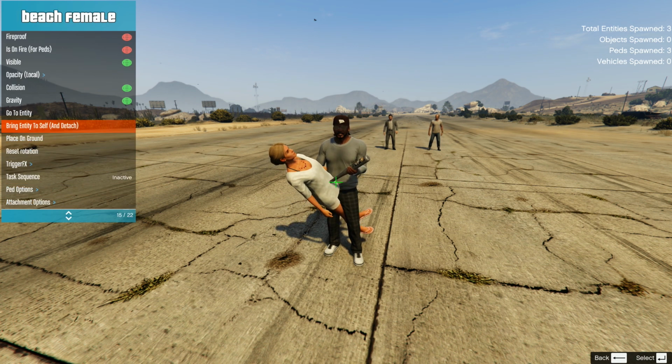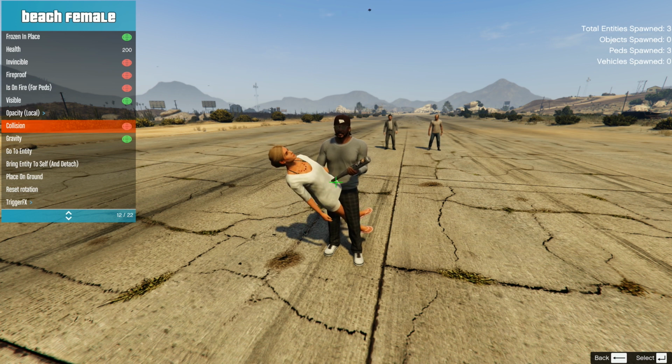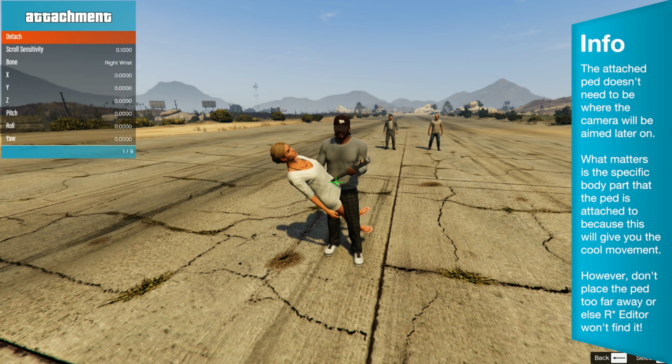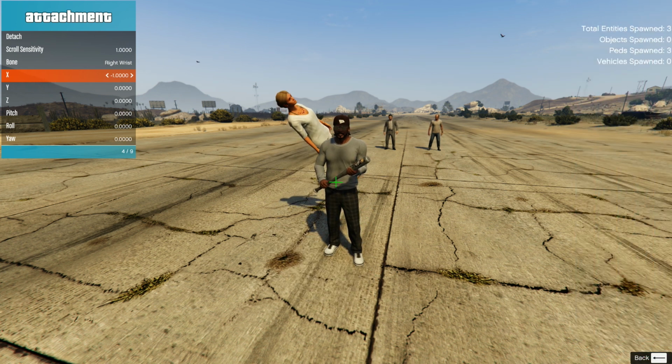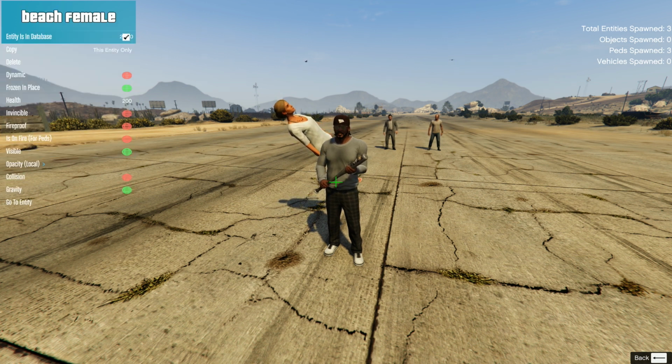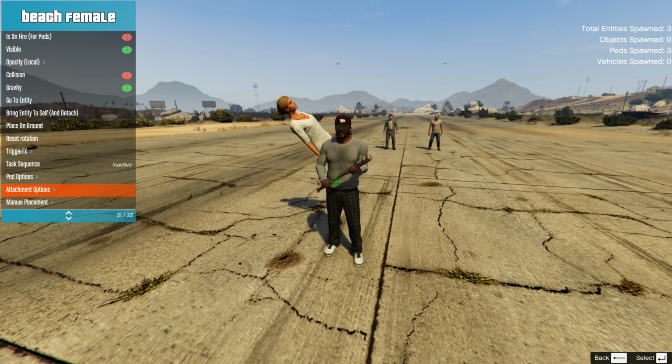To avoid glitches, you now have to deactivate the collision right here. In the scenario with the bat, you should actually move the ped a little bit behind your player character, because otherwise when you try to attack with the bat, the character is gonna try to hit the one that is locked to its wrist. If the ped is still stepping around like this and keeps moving, you need to stop it, because otherwise it is gonna mess up your shot later on.